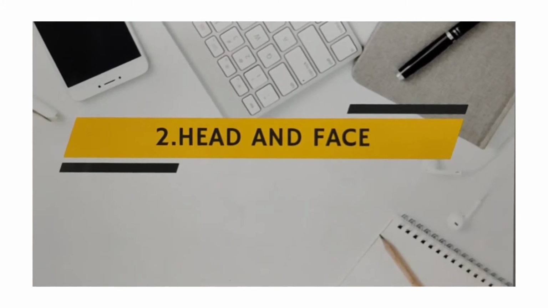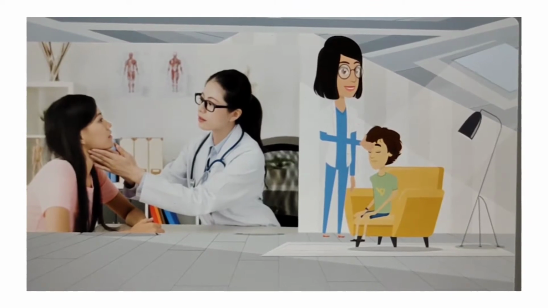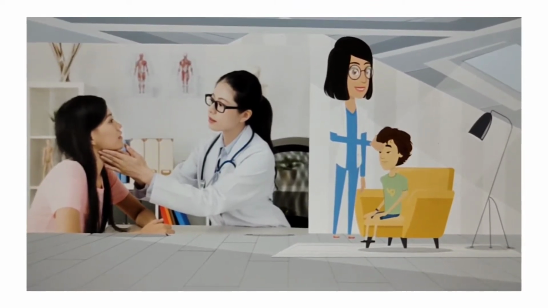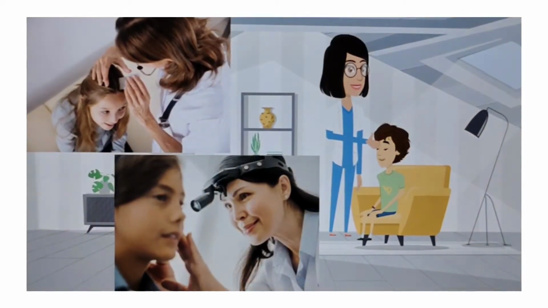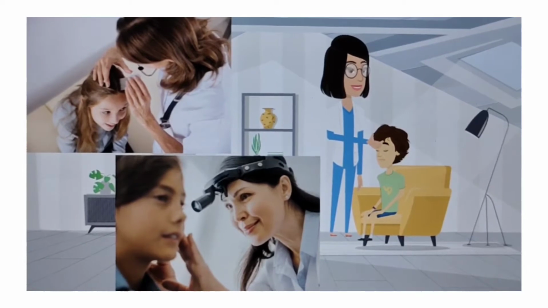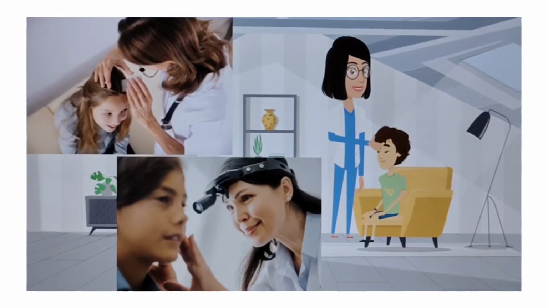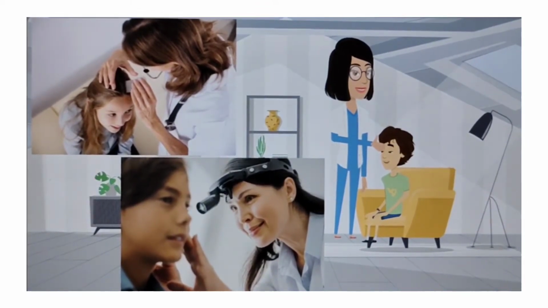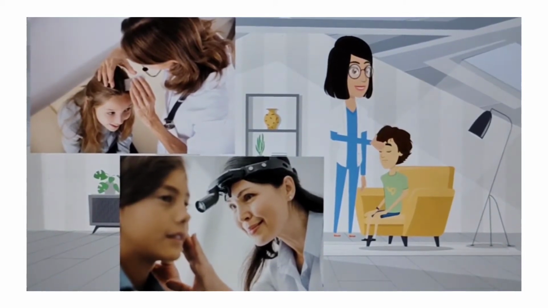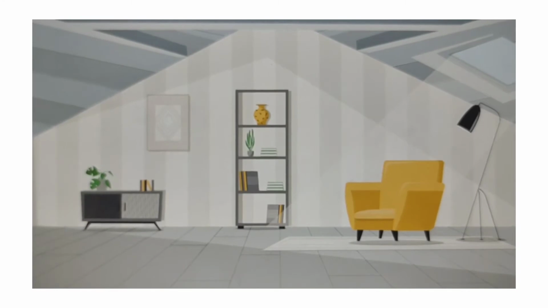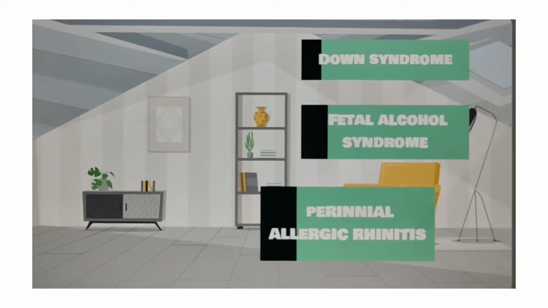Head and face assessment. Tailor your examination of the child's head to their stage of growth and development. Even before touching the child, observe the shape of the head, its symmetry, and the presence of abnormal facies, which may not become apparent until later in childhood. Carefully examine the child's facial features, including symmetry. It is often helpful to compare the child's face to those of the parents to determine whether facial features fit a recognizable syndrome. Some of the diagnostic facies include Down syndrome, fetal alcohol syndrome, perennial allergic rhinitis, and hyperthyroidism.